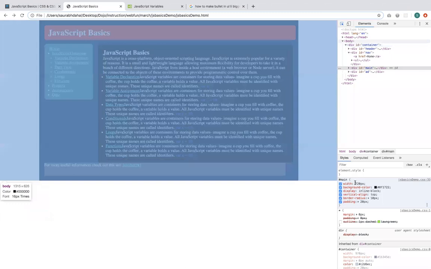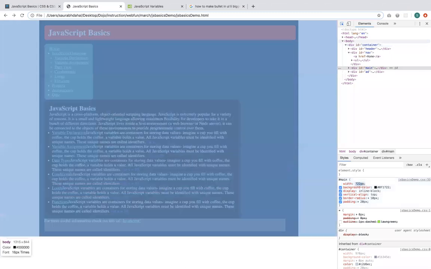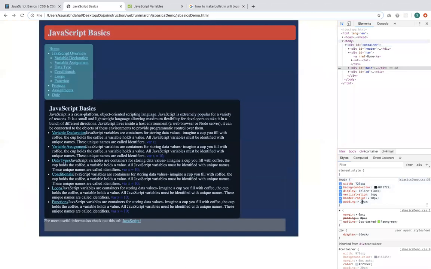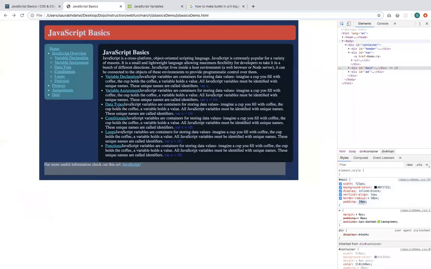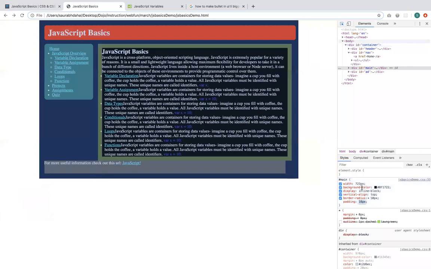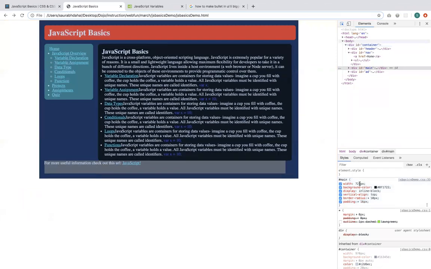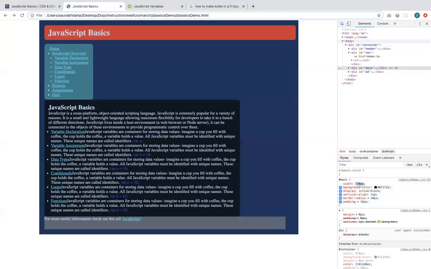So let me set the width of main to be slightly bigger. Maybe I'm going to lower the padding a little bit. Let me make the width a little bit bigger. I want the width to be big enough so that